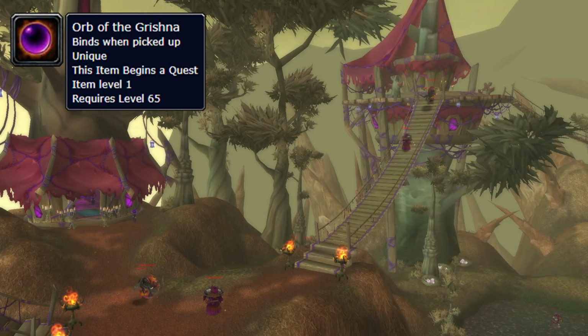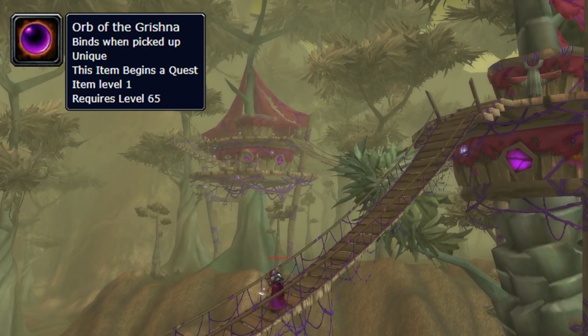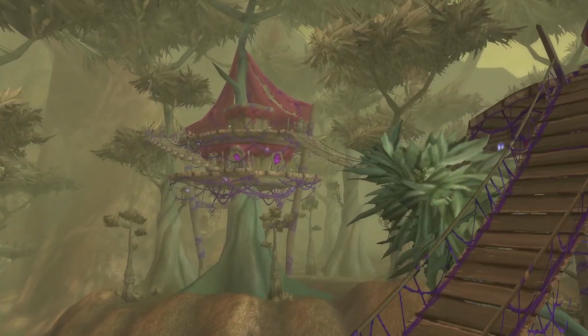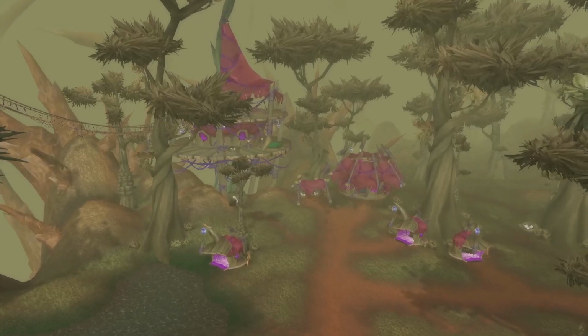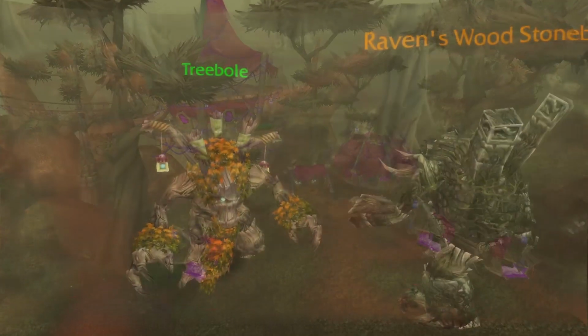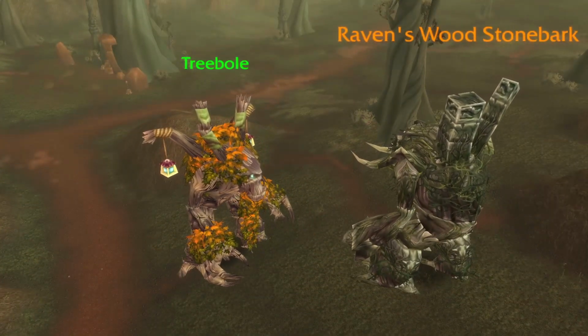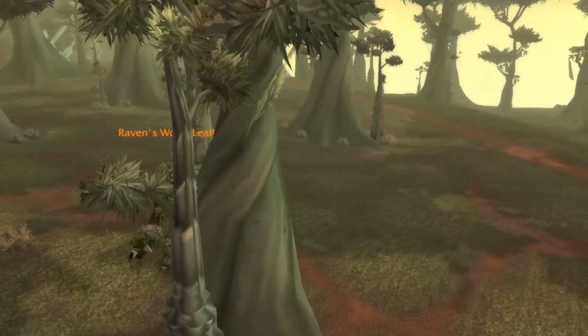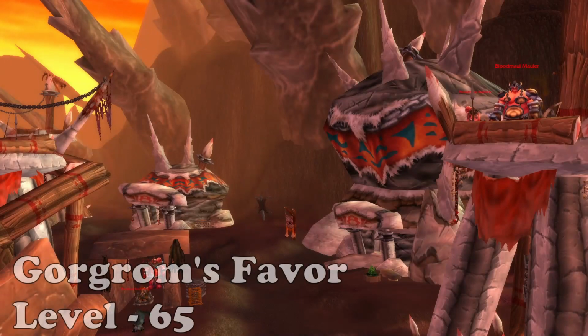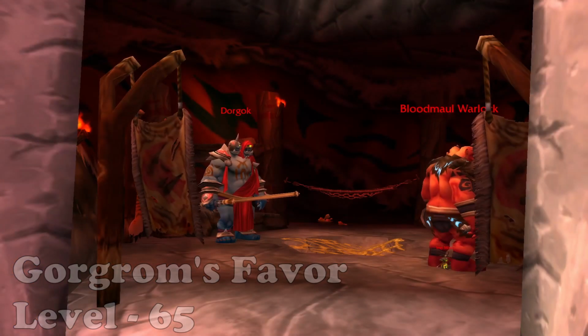The drop rate for the item is quite low, and it will take you some time to get it. After completing the quest, you will get a few others, which after you complete them, you will get a nice ring as a reward, as well as making all of the ancient trees in Ravenswood neutral to you. Another item for this zone, which is Alliance only, is the Gorgrom's Favor, which drops from Dorgok, which starts the